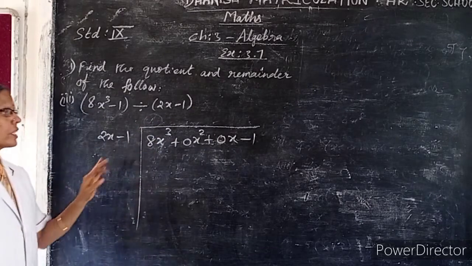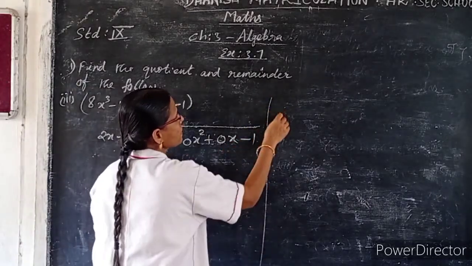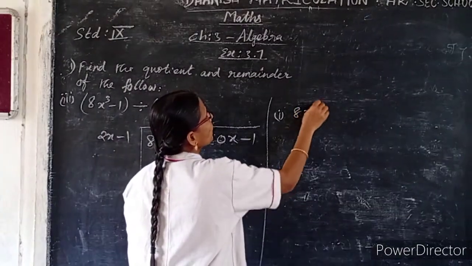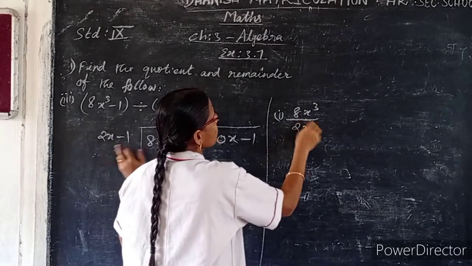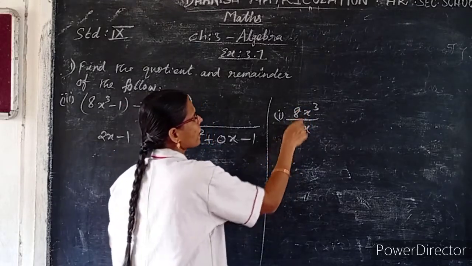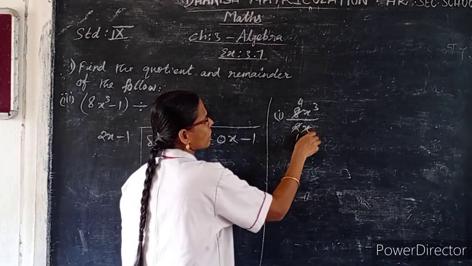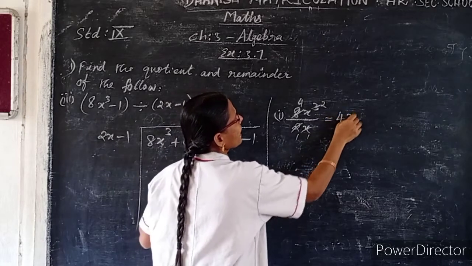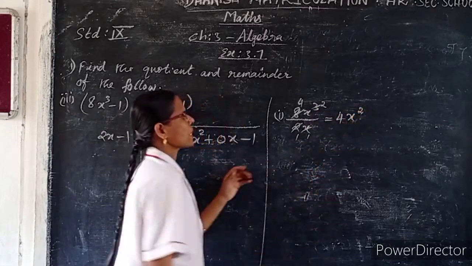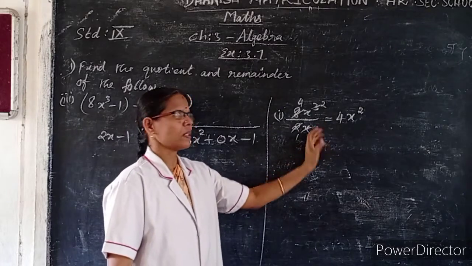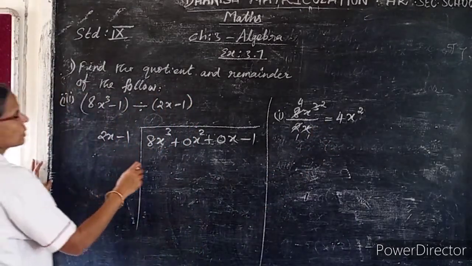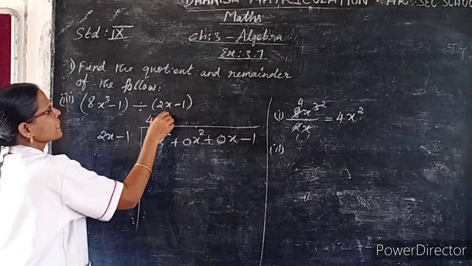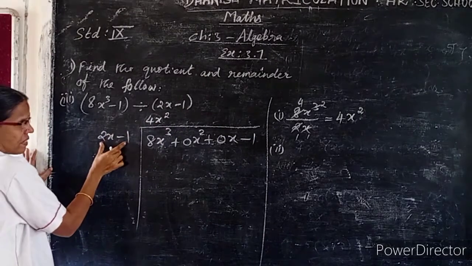First find quotient. So for that, first step is divide this first term by this first term. 8x cube divided by 2x. So cancel by 2 table, 1 time, here 4 times, x here 1 time, here 2 times. So remaining terms 4x square. We should subtract the powers of variable. So next step, write this 4x square in quotient part. Next step, multiply this with this divisor.